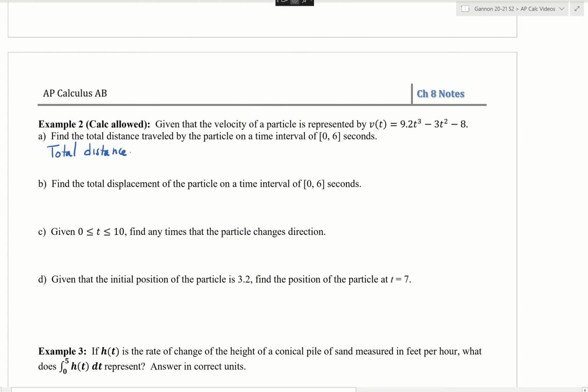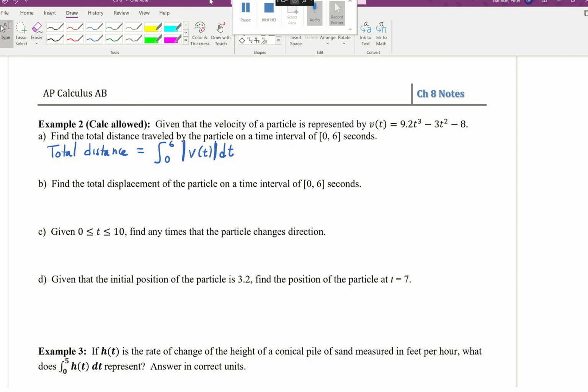Total distance is going to be, now pause the video, see what you do on your own, and then come back and check it out. But it's the integral from 0 to 6 of the absolute value of the velocity function. So for total distance, we need to make sure it's,